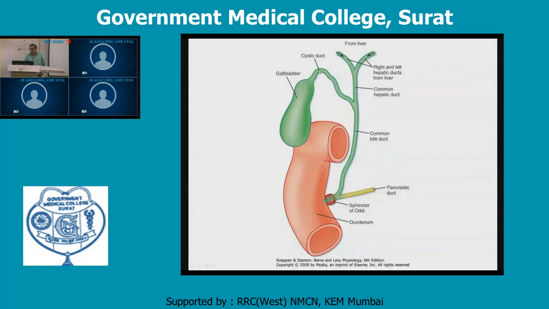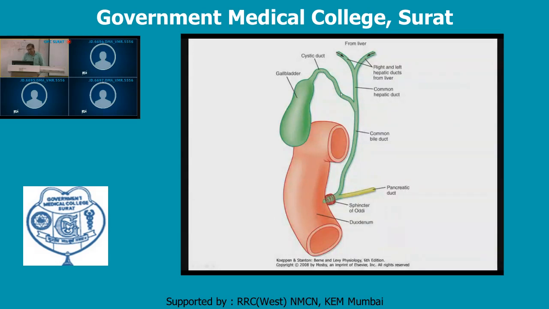The cystic duct is continuous from the neck of this gallbladder, and it descends backward as well as towards the left. Recalling that it passes downwards, backwards and towards the left, and roughly after coursing 3 to 4 centimeter, this cystic duct ends by uniting with the common hepatic duct at the acute angle, and they are going to form the common bile duct, CBD.